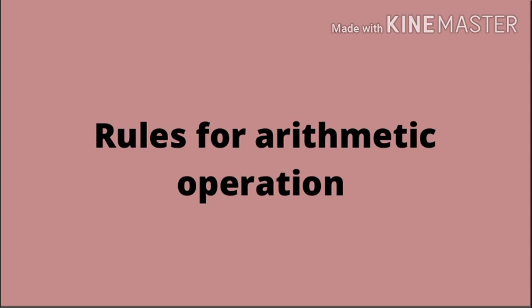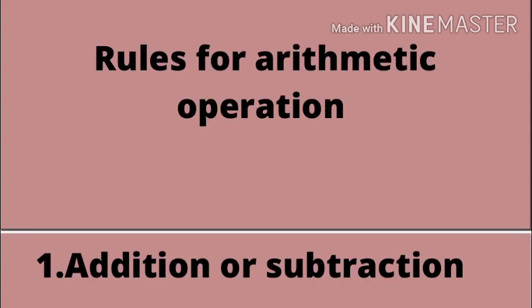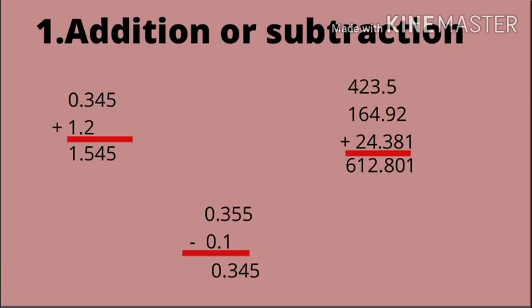So for addition or subtraction, look here, I made the following addition. Are you interested in making these additions? No, my friend, of course not. The reason being, you are interested in finding the significant figures. So for this, look here, 0.345, and you are adding 1.2, and the result is 1.545. Now you are adding the digits in the addition.